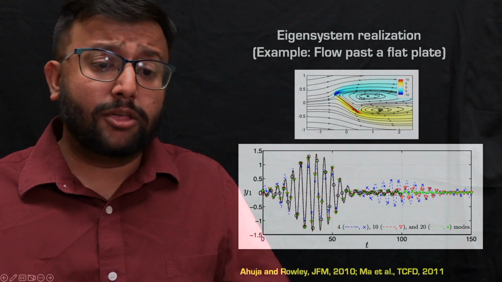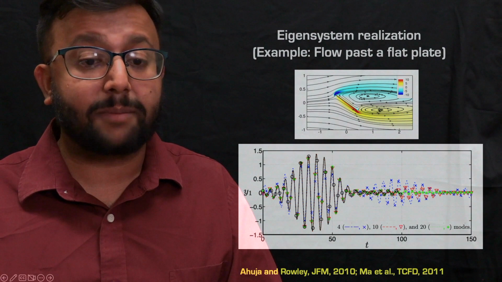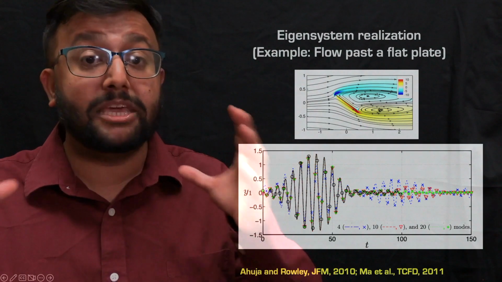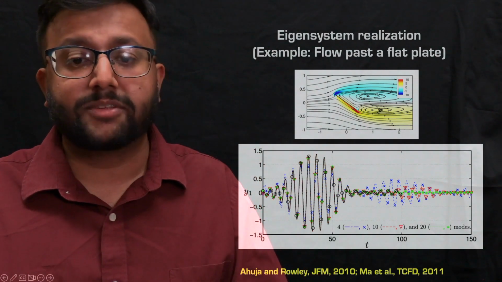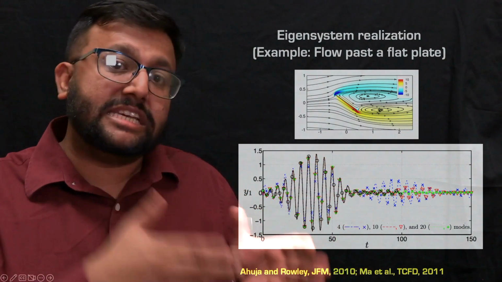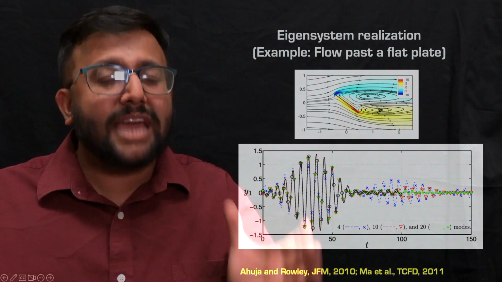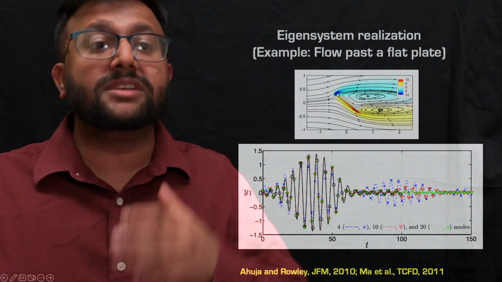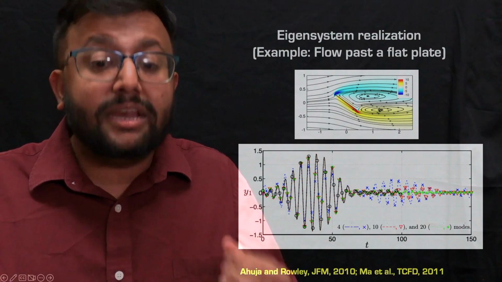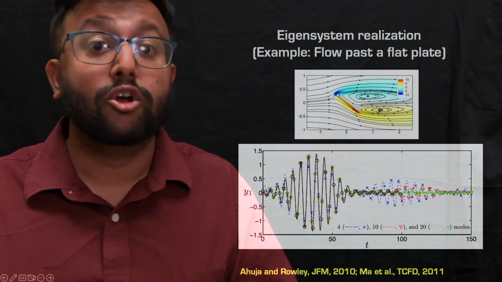We see that on the top is shown a configuration and some time average flow for this flow past a flat plate. And on the bottom is shown the impulse response of the leading POD mode of the velocity field. So the outputs here, we want to model the entire velocity field, so the outputs are taken as these POD coefficients of the velocity field. And what we see is that just by taking 10 POD modes, and by performing this eigensystem realization algorithm, we can get a really nice agreement with the direct numerical simulations, or your true data.